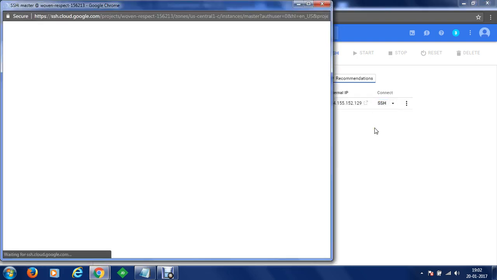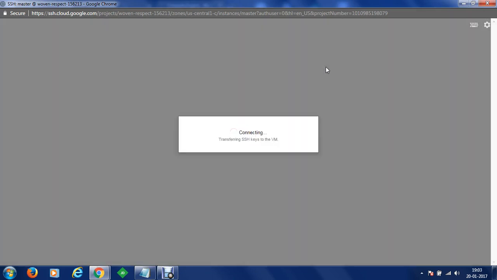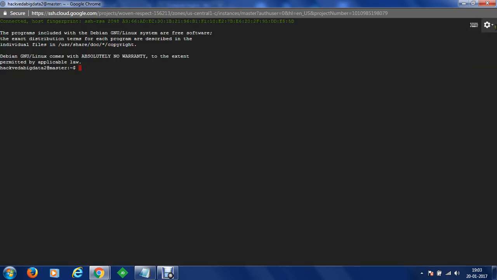and as soon as we click, you can see that we'll be available with a new Google Cloud instance, which is a Linux instance wherein we can install our applications and we can perform data analysis later once our Hadoop and MapReduce configuration is ready. While the keys for access are being transferred, we would like to make some changes on this console. So we are live at the moment.